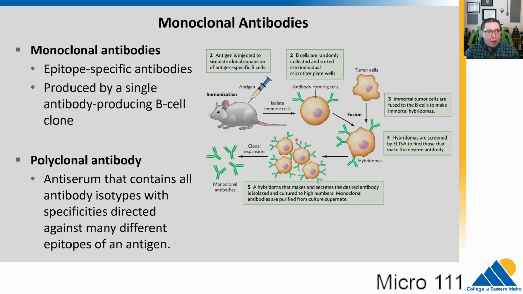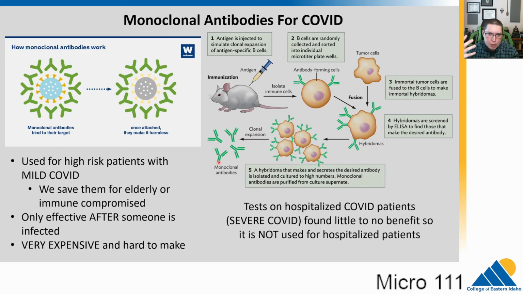And we can keep this cell line going for quite a long time. Not forever, but for much longer, so that we don't have to sacrifice another animal to do this. So we make these monoclonal antibodies using these cell cultures. And during the pandemic, we wanted to make monoclonal antibodies that would target the COVID virus. Because we didn't have any antiviral drugs that worked against SARS-CoV-2, we hoped that we could use antibodies to neutralize